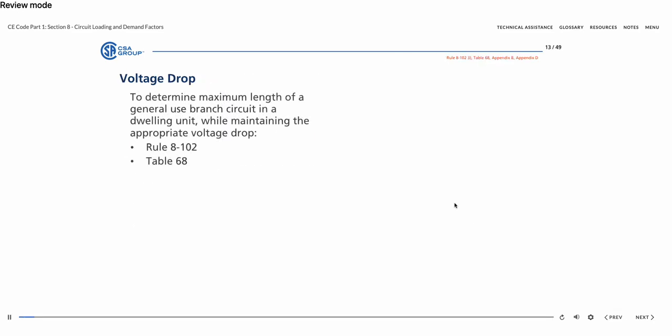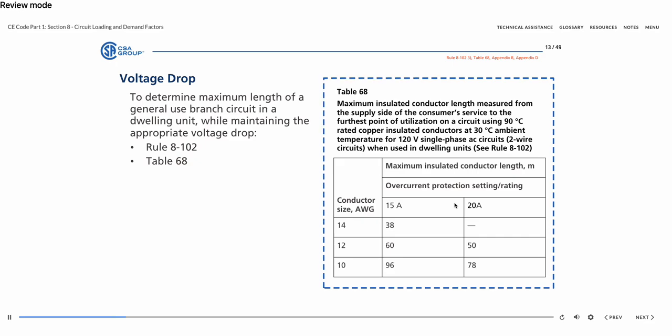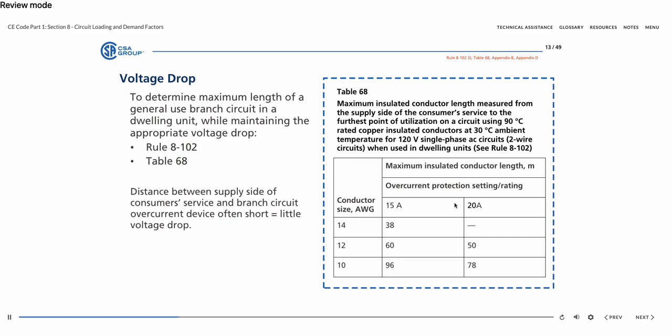The maximum length of a general-use branch circuit in a dwelling unit while maintaining the appropriate voltage drop can be determined using Rule 8-102 and Table 68. It takes advantage of the fact that in most dwelling units, the distance between the supply side of the consumer's service and the branch circuit overcurrent device is often short, with very little voltage drop. As a result, Table 68 permits an increased distance on the branch circuit conductors than would be permitted by a